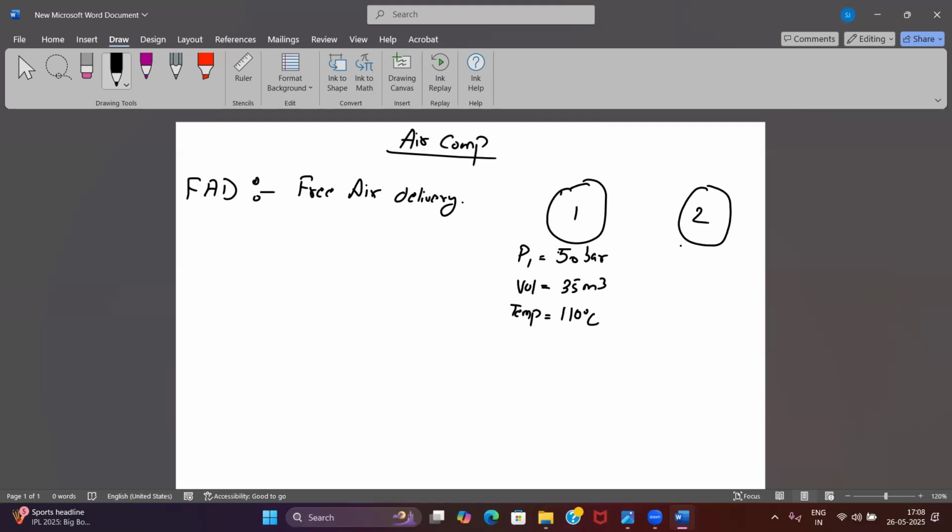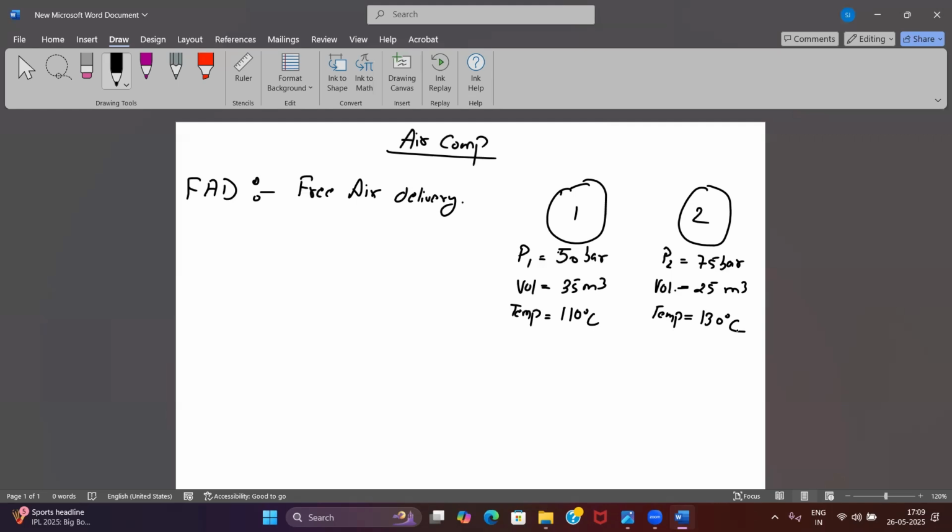And I have a second compressor which is able to compress to about 75 bar. The volume will obviously be less, let us take 25 meter cube, and the temperature at the end of compression is approximately 30. So if I need to compare these two compressors and figure out the capacity, which compressor is better for me,